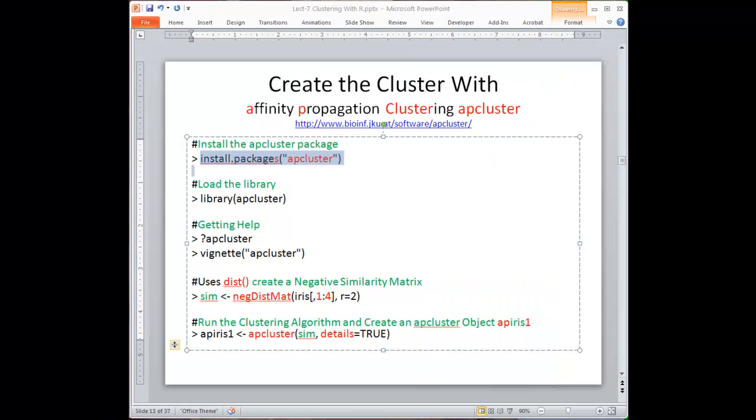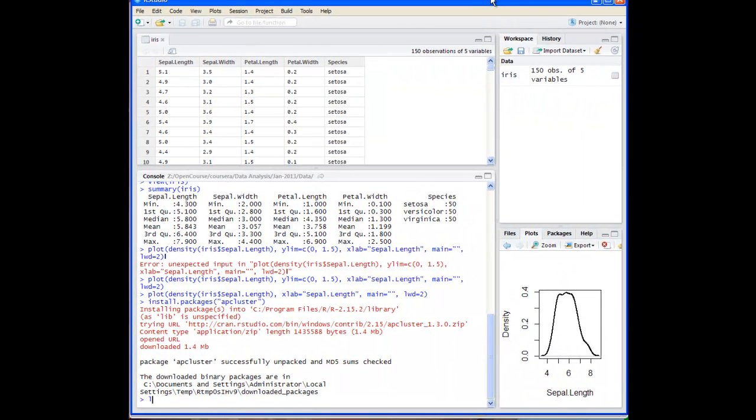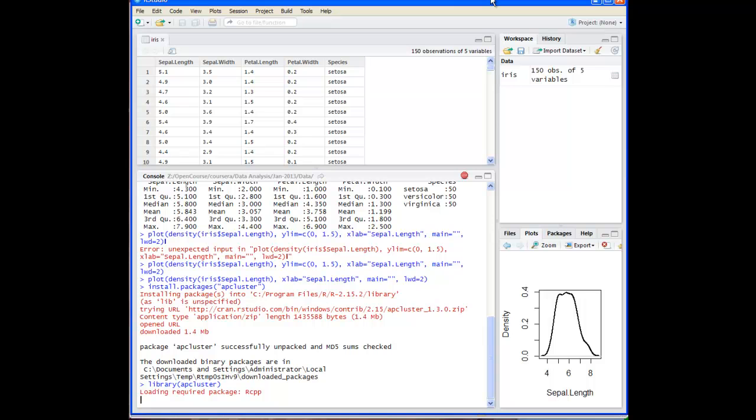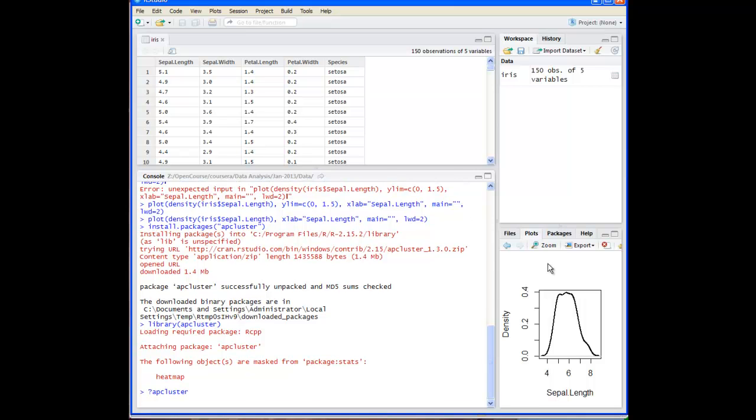Now after the package is downloaded, we need to load the library so that we can use it. Then we can say library AP cluster. Now the library is loaded. As I said, at any point of time you can ask for help, question mark AP cluster. You are going to get help on